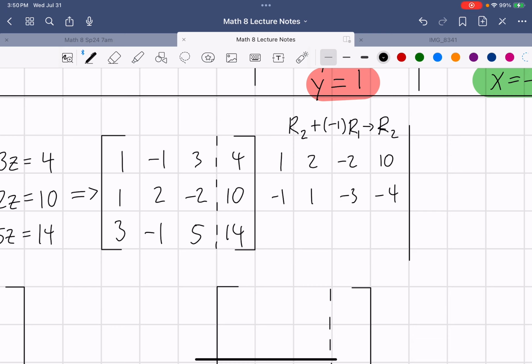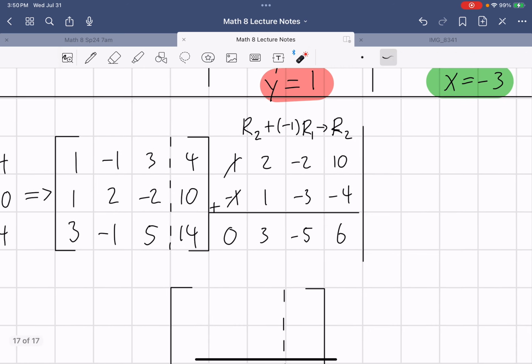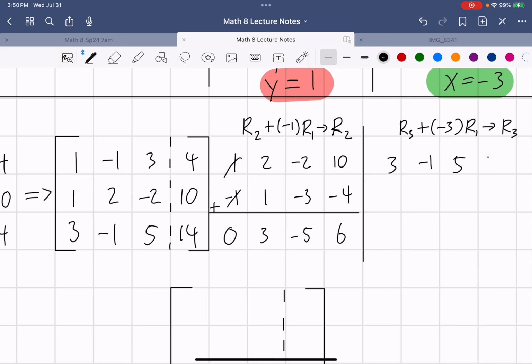And I just add them together, which would give me, the first ones would be 0, 3, -5, and then 6. Remember, this is my new row 2. And now, again, to get rid of this 3, all I need to do is multiply the first row by -3. So I'm going to take row 3, add it with -3 times row 1, will give me my new row 3, which row 3 is 3, -1, 5, 14,